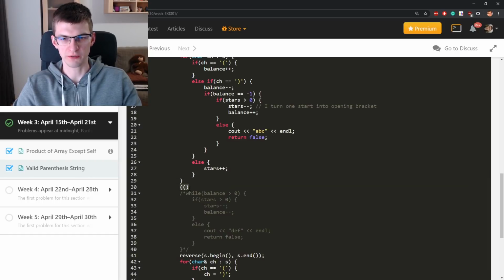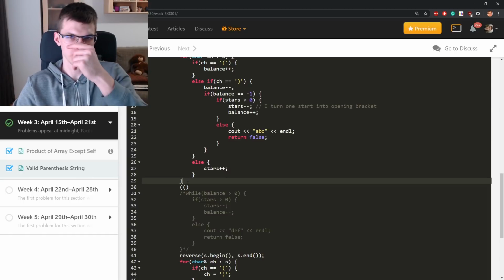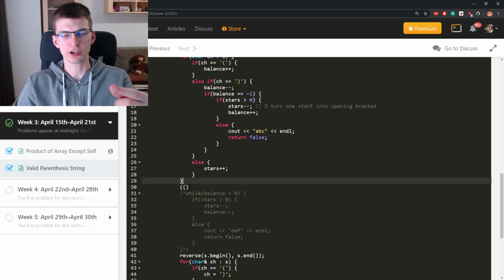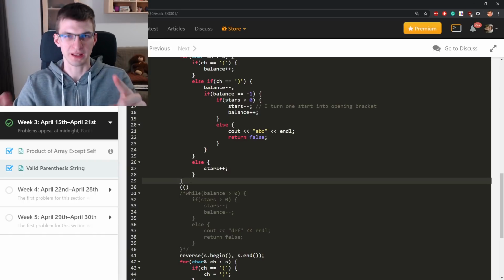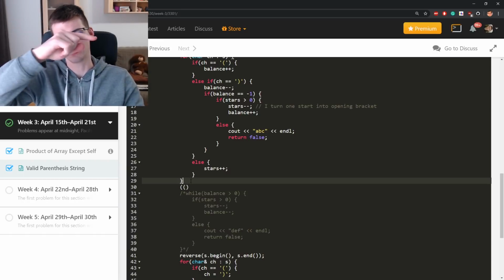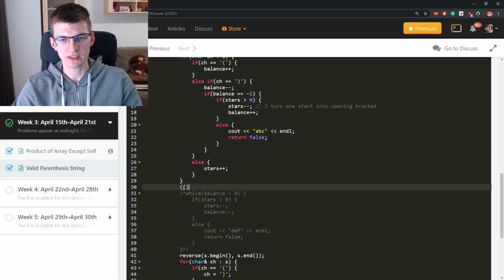When we have enough opening brackets all the time, as we go from left to right, we never get balance below 0, but at the end it's not 0. But when we go back from right to left, then we will detect that we get below 0. So one possibility to check if such a string is a valid parenthesis string is to go from left to right,